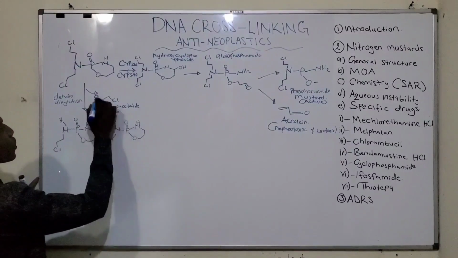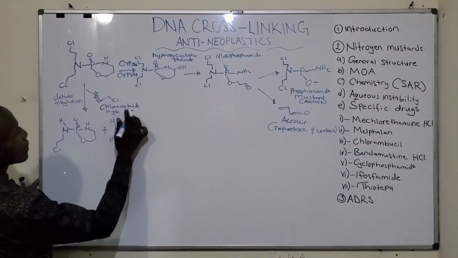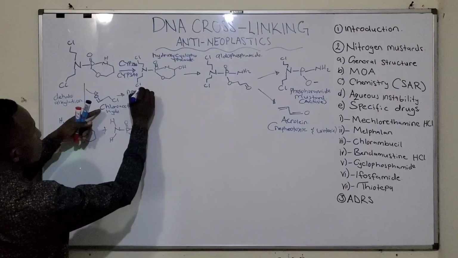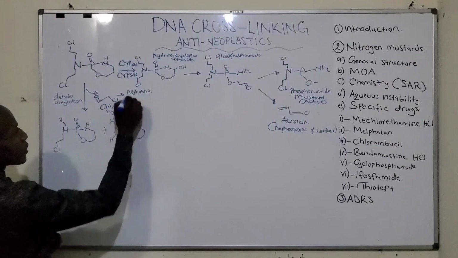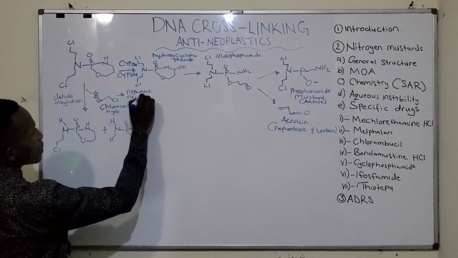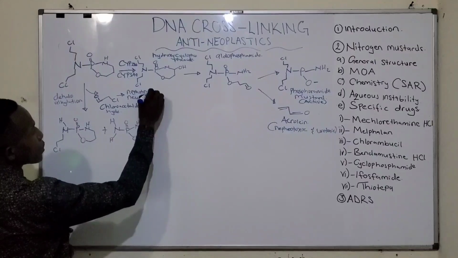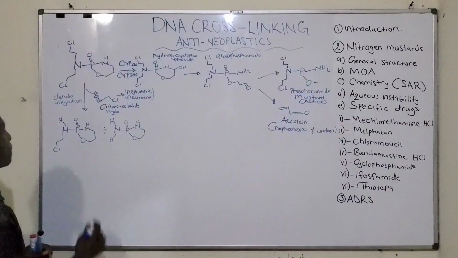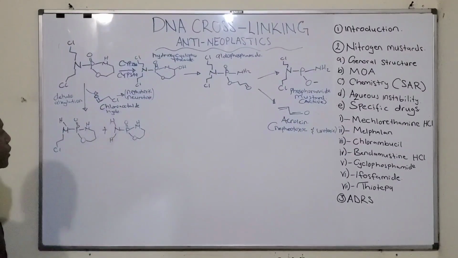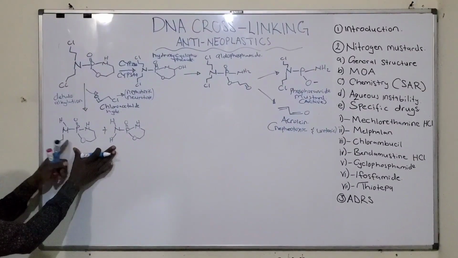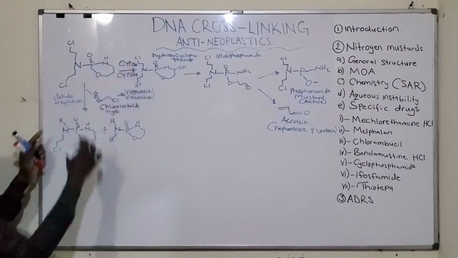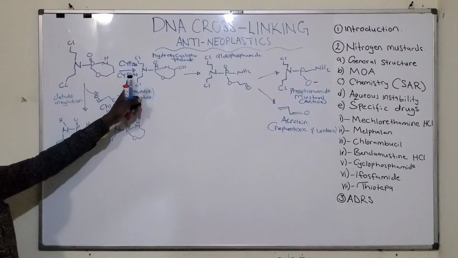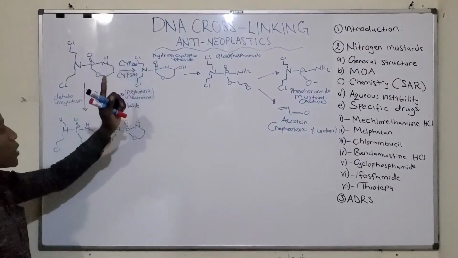And this group is also nephrotoxic and neurotoxic. It can cause seizure and mental retardation when it crosses the blood-brain barrier. This group, the chloroacetaldehyde. So this is one of the mechanisms, and here it involves the same enzymes which activate the drug. They can inactivate the drug, the CYP3A4 and CYP2B6.